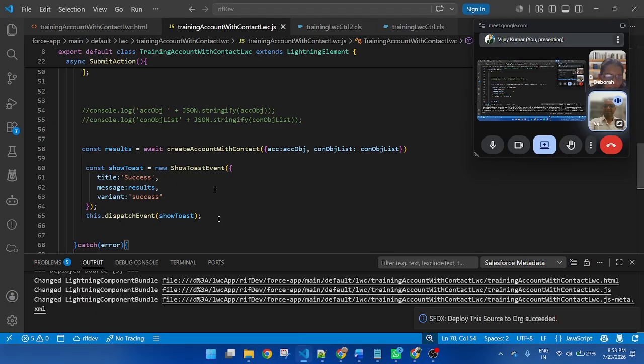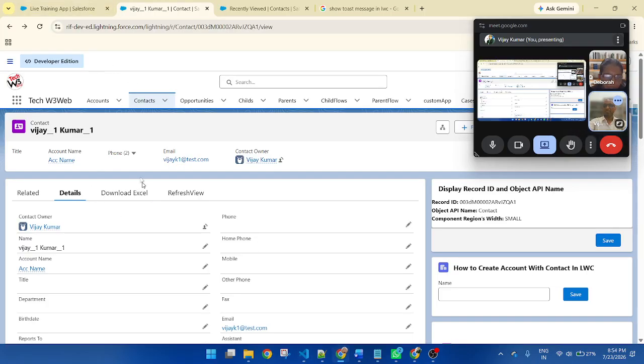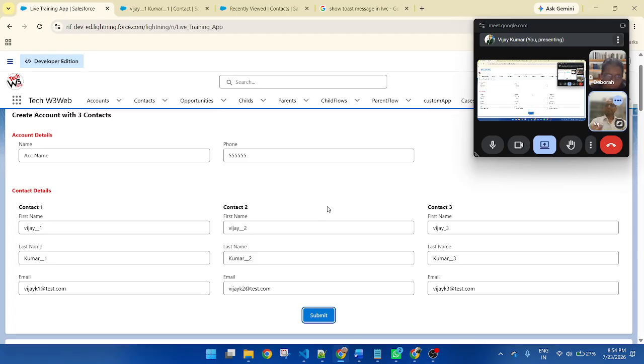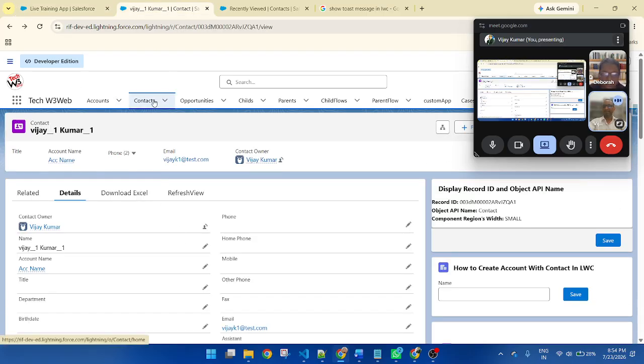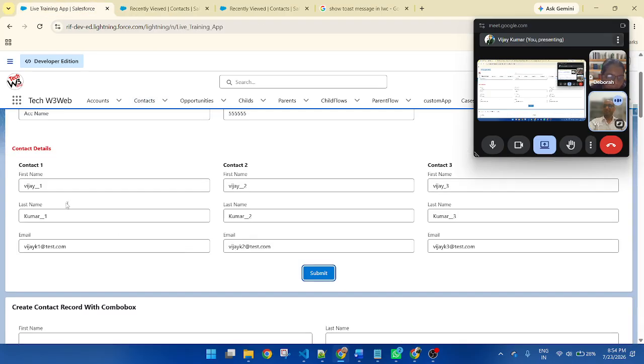So today we learned how to display this, this is my component display. Now let's create another record so that it is more clarified. This time I am inserting Vijay K. Let's change something new, KK. And I am renaming the value.